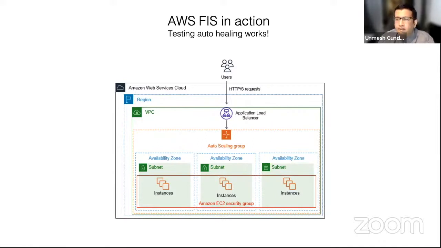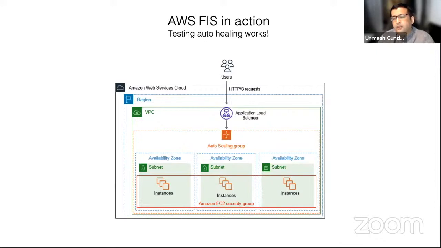You can start with your application blueprint. You can create a staging environment to run these experiments, and then you can run different types of infrastructure actions. Like what I'm going to do is I want to test the auto scaling loop, where what I have said is if the average CPU utilization of my servers increases by over 50%, then I need to create a new instance, and then